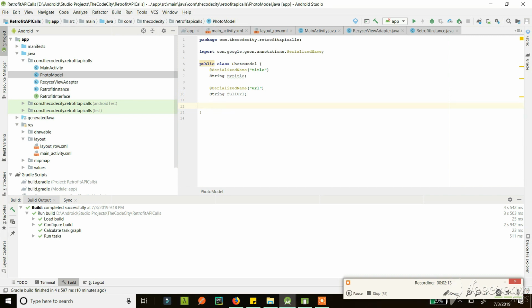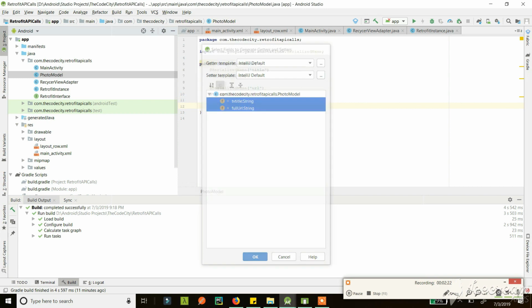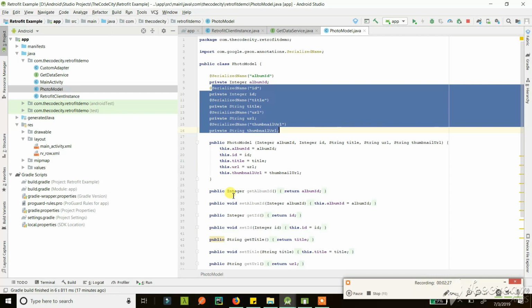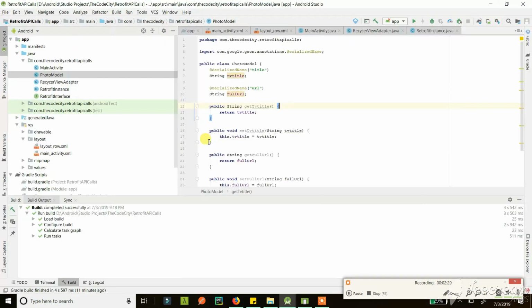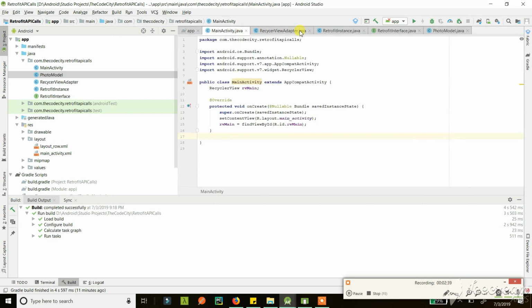To do that, just press Alt Insert. Remember Alt Insert, and just choose getter and setter, and select both by using Control and click, then enter. So now there we have it. I'll just cut all these. Now we have everything ready. We just need to bind it together. So let's go to our main activity,